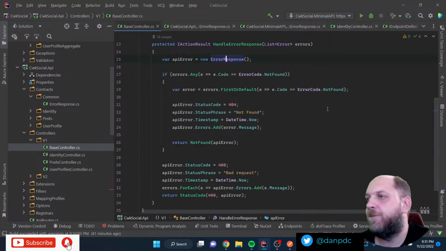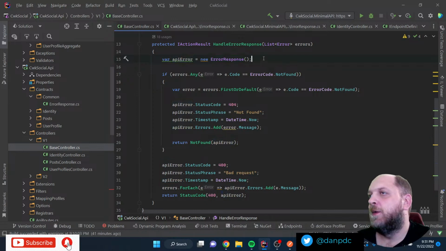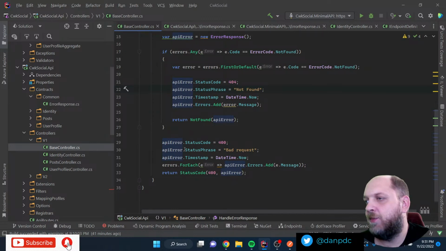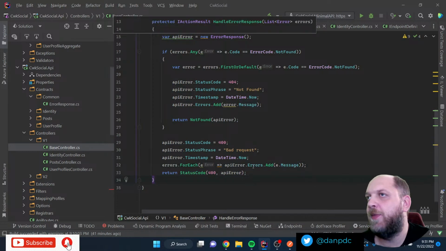Return base controller. Cool. So what we do here is the error response. If we have errors, we look at the errors, and then we create an API error if we want to. Then for each, we add the errors to the list of errors that we have in our response, and then we just return the status code 400.